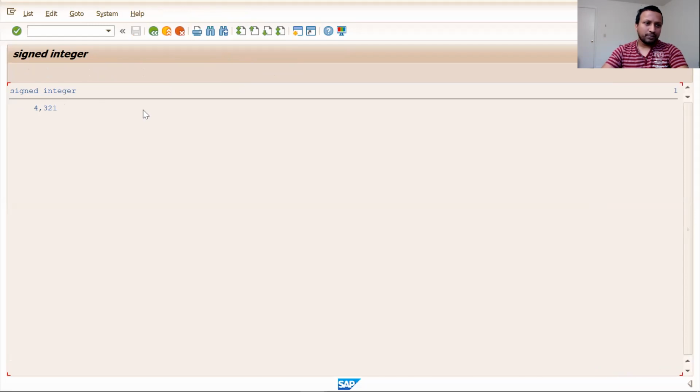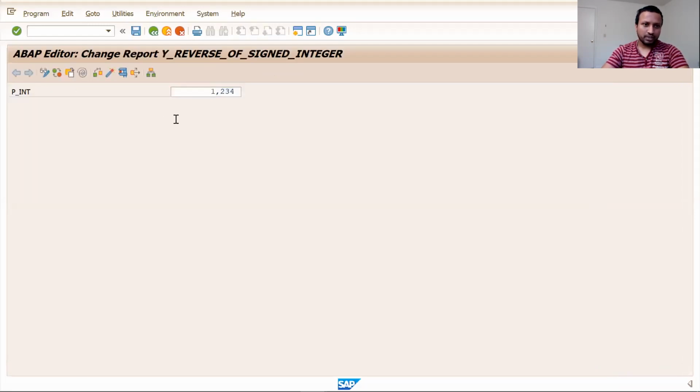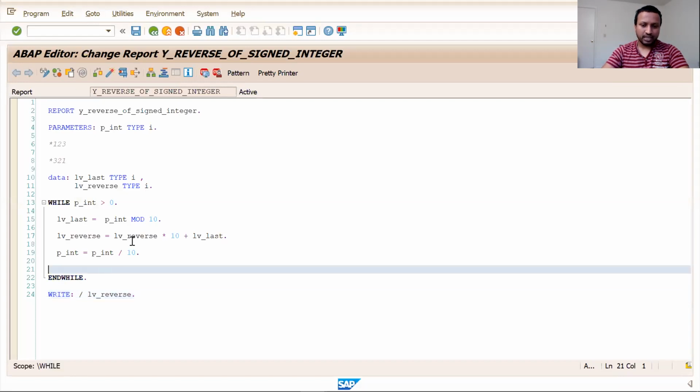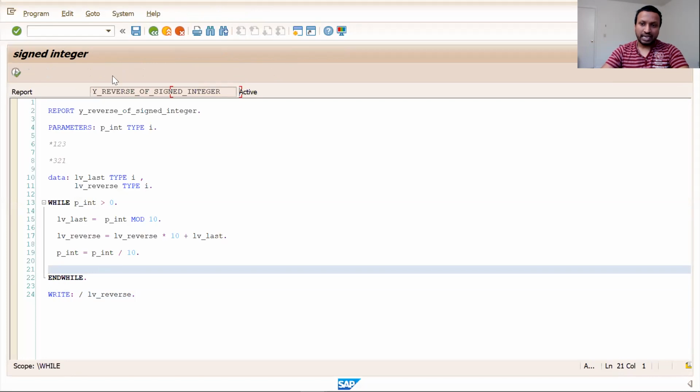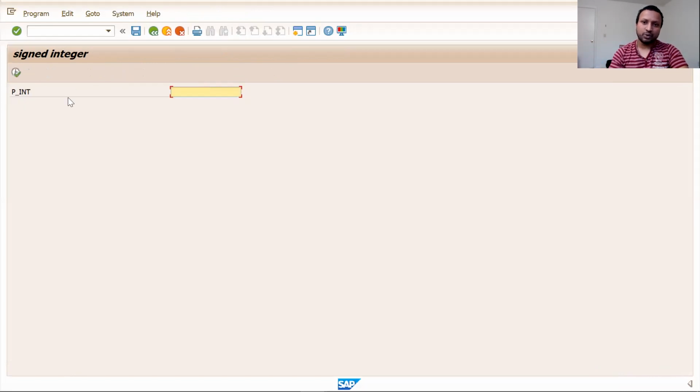But the problem with this kind of program is that not too many edge cases are covered in this. For example, what happens if the integer which you have given as input exceeds the limit which an integer can hold, like 1 2 3 4 5 6 7 8 9. See, entry is too long. Good that it is not even accepting an integer which is greater than the limit.